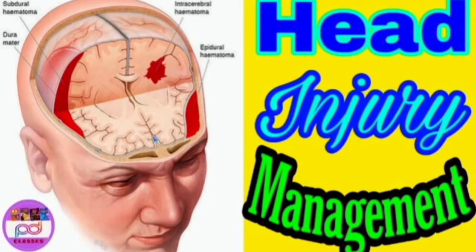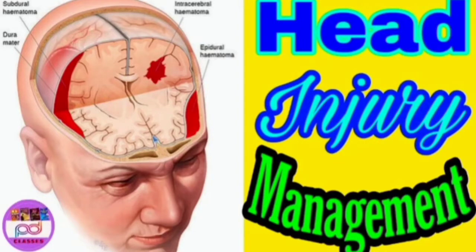Also, if it is indicated, then you can start anti-epileptic medications for preventing seizures in the patient. If there are indications for that, it's not routinely given, but if there are indications, then you can go for anti-epileptics. Now coming to the secondary brain injury, that is caused due to raised intracranial tension and cerebral edema,